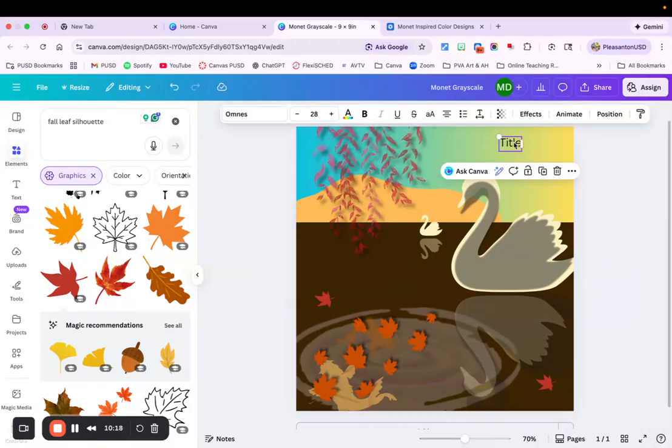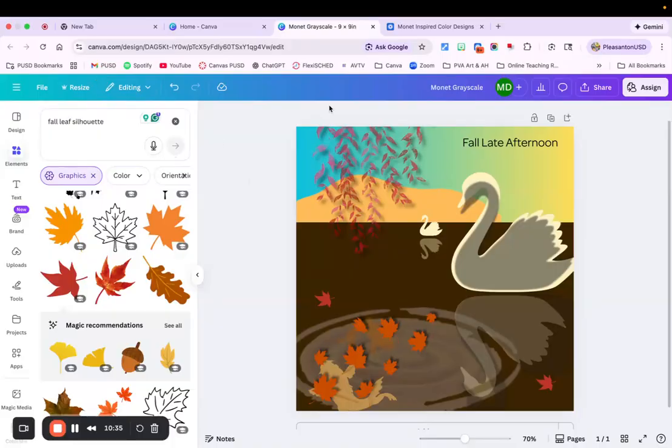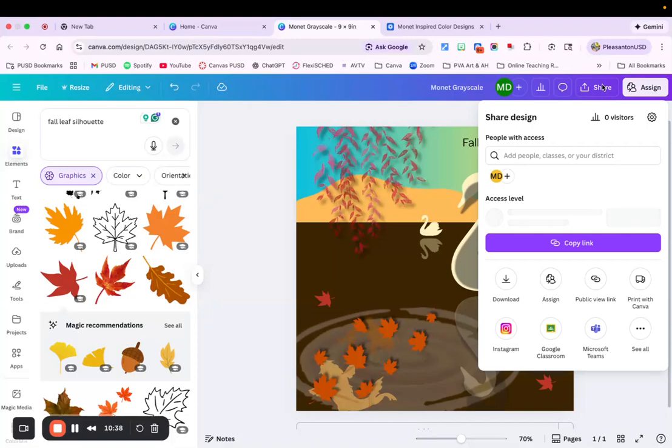Okay, so I'm happy with that, and I'm going to call this fall late afternoon. You know how the sun goes down early in the fall? Ah, that's pretty. All right, that would be the image that I then save,